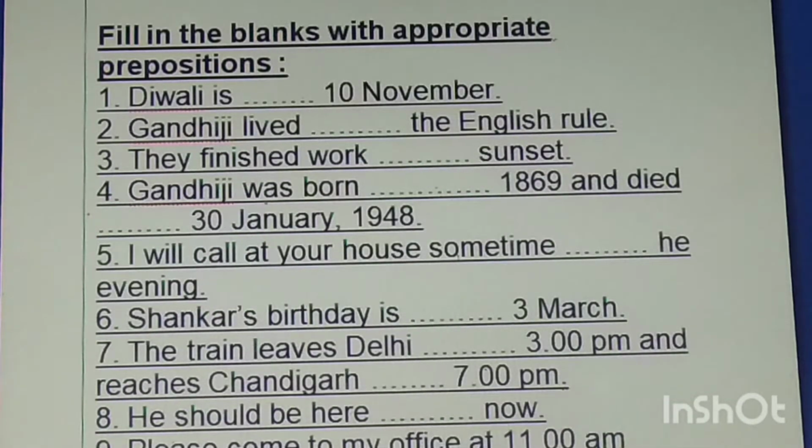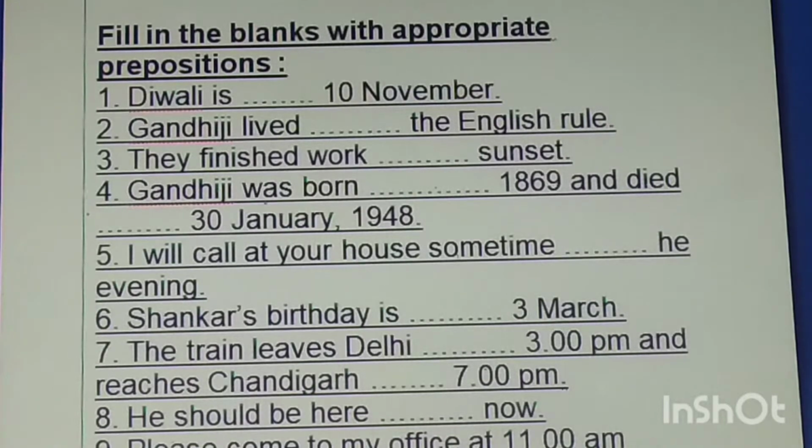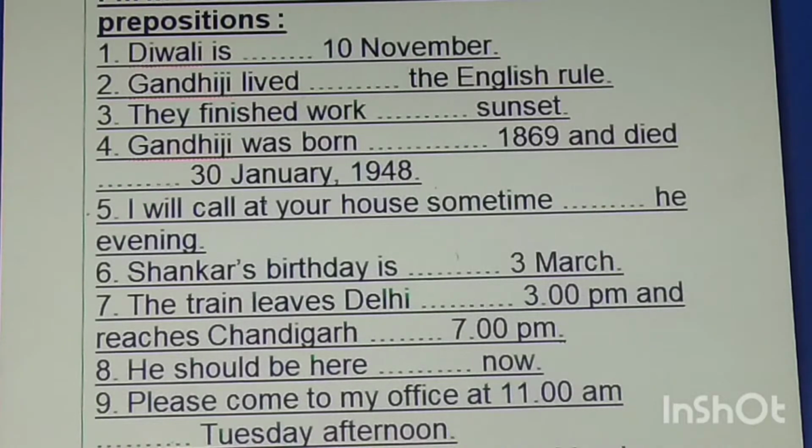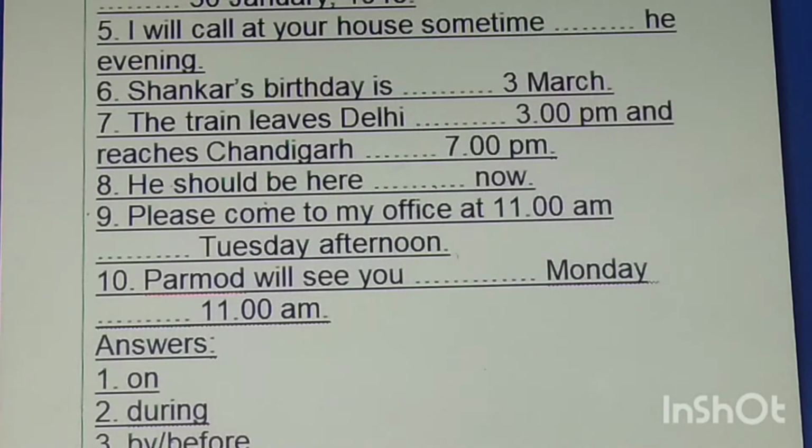Are you noting down? And are you filling in with correct prepositions? Okay. Have you completed this exercise? Shall I give out the answers to you now, children? Okay, come on. Check whether you got it right or not. In case there's a mistake, please do the correction, children. Okay, now we'll have a look at the answers now. Check, come on. So 10 questions. Here are the answers. Now, children,